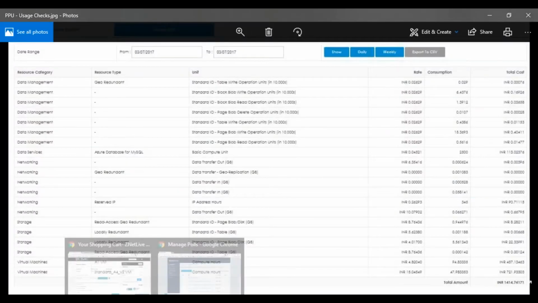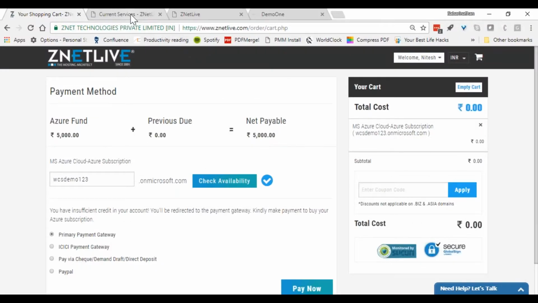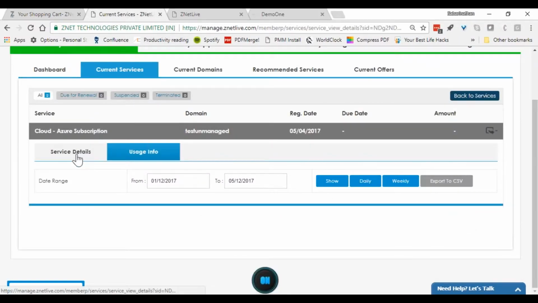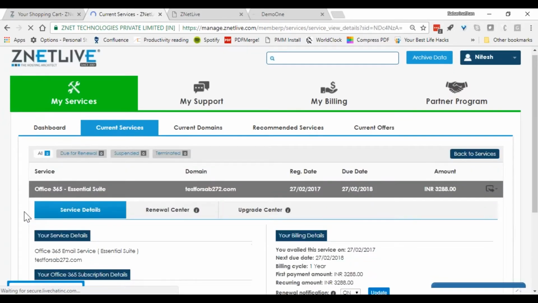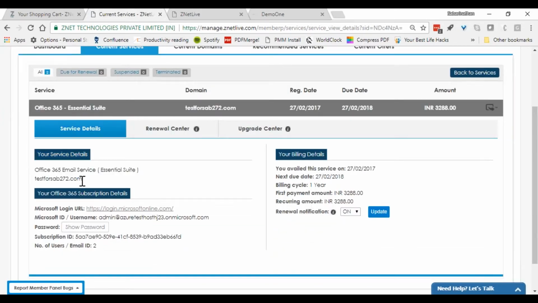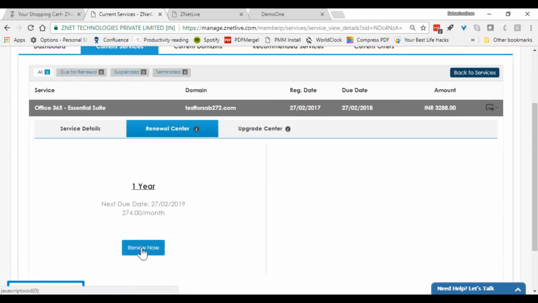So to summarize what we looked at so far, customers have a control panel where they can look at all the services, etc., and also look at, for example, upgrades and downgrades of some services. So for example, Office 365: this is the domain used, the actual subscription details of the Office license, the customer purchased a yearly plan, and this is the start date, end date of the service, recurring payments, etc. And renewals, very important that you give self-service for the customer to renew his service.